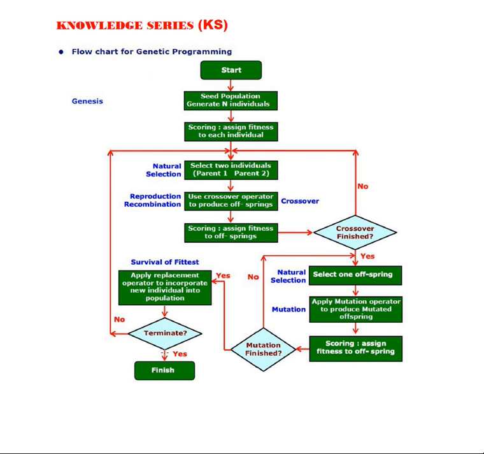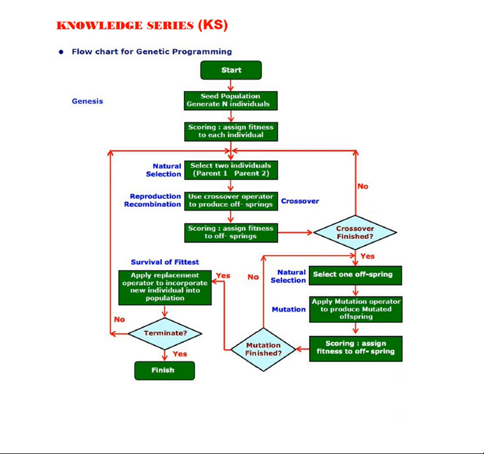That process will continue. If the objective is not reached, this will keep on following, and once the objective is met and there is no need for further improvement, and you find that the result is remaining almost constant, then the genetic algorithm will terminate. This is how the flow chart of the genetic algorithm follows the complete structure.